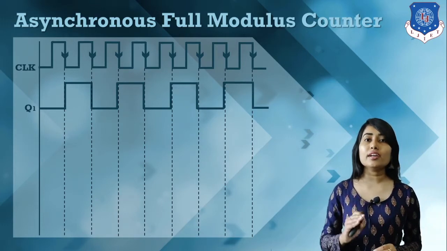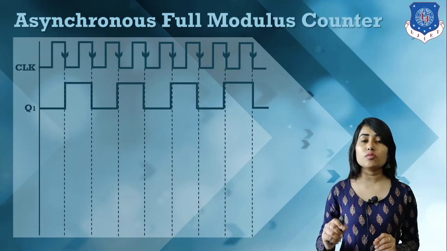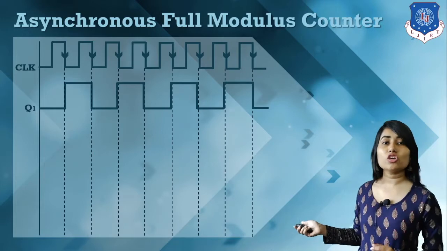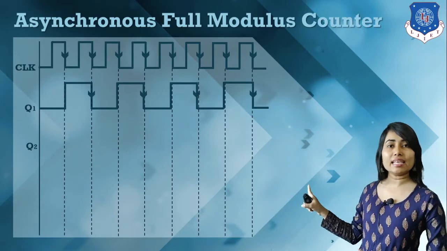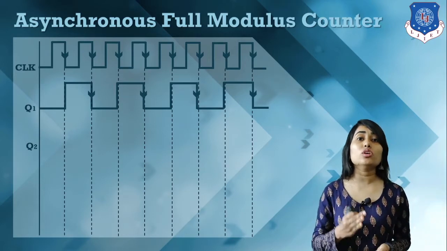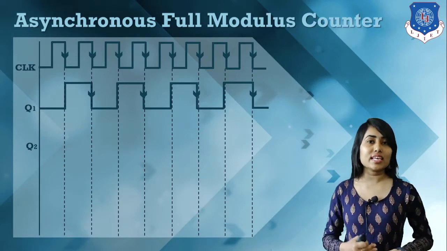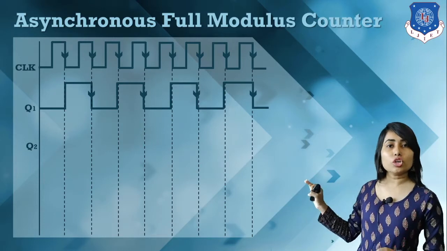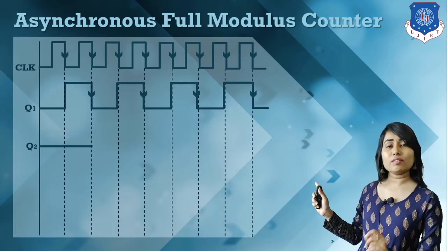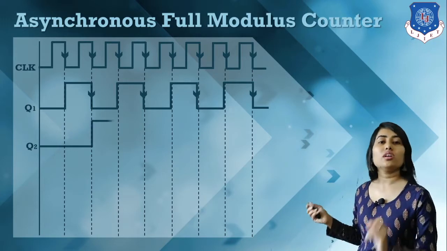Now for the second flip-flop, if we want to find Q2, the first flip-flop output Q1 is basically the clock for the second flip-flop. So for calculating Q2 we have to mention the negative edge of Q1. This second flip-flop is also a negative edge trigger flip-flop, but it works only on Q1, because we connect Q1 as the clock for the second flip-flop. Whenever a negative edge of Q1 arrives, Q2 will be toggled. Initially we have 0. Whenever the negative edge of Q1 arrives, our output will be toggled because our inputs are 1 1.